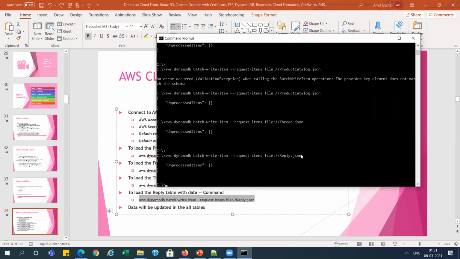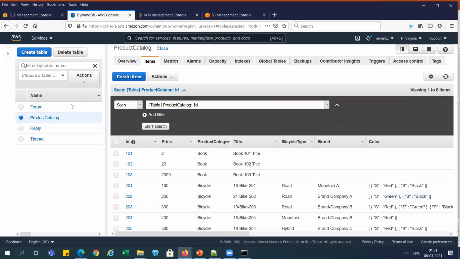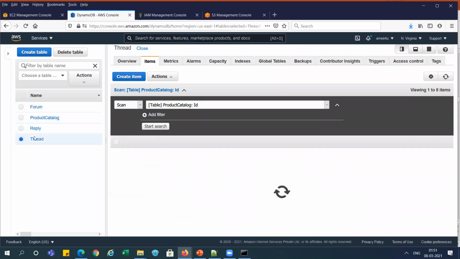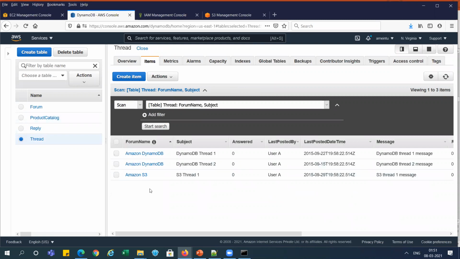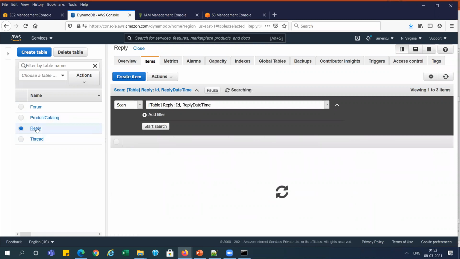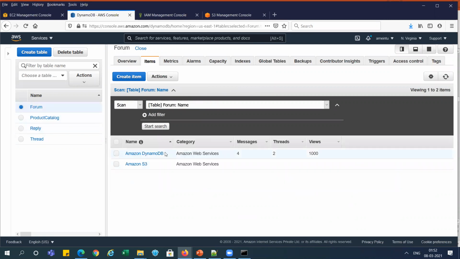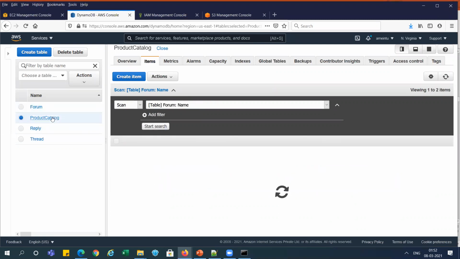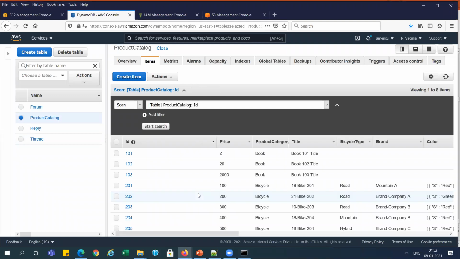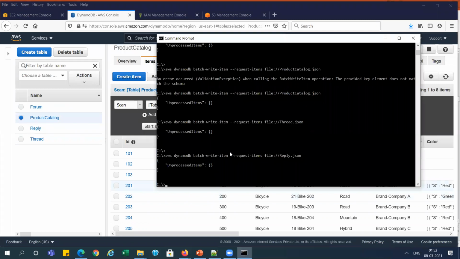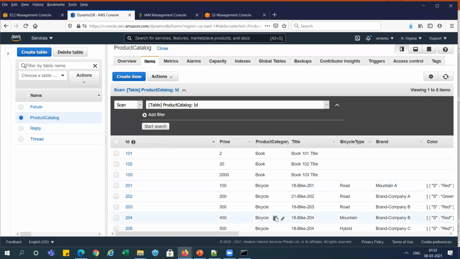Now data is loaded from the JSON file to the Dynamo table, right? So you can see here in the thread, we got the data. Reply, you can see we got some data, right? In the form, we got some data, and product catalog, we got some data, right? This data is loaded from the JSON scripts. So we have done this.